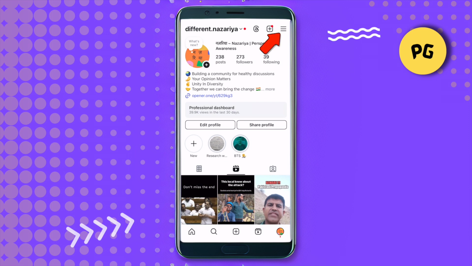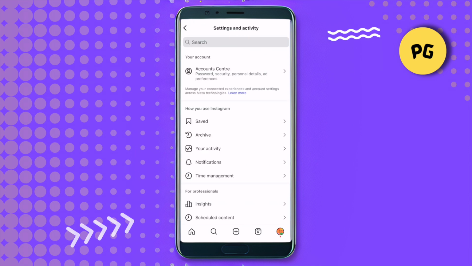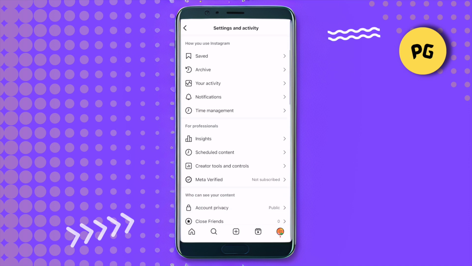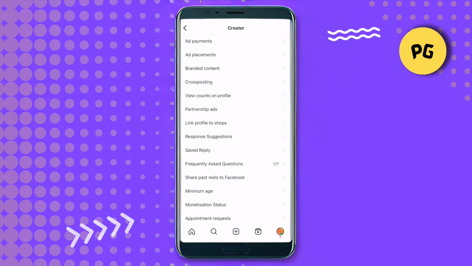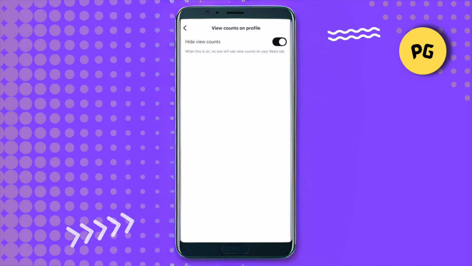For this, simply open up your settings. For that, click on the three lines at the top right hand side corner, then scroll down and select this option of creator tools and controls. After that, you would be able to find this option of view counts on profile. Simply select this particular option and then turn this particular option on, and this way you would be able to